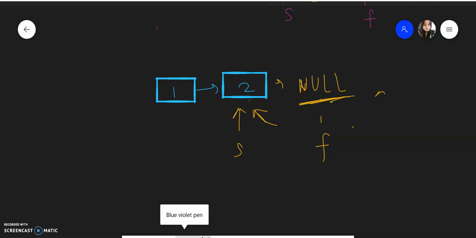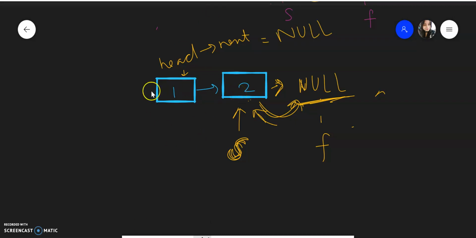So in this case, slow is what we wanted to delete. We will just check whether this next is becoming null, and in that case we can simply handle it. Whenever this case happens, that means we have only two nodes. So head was here, and we can simply do head.next equal to null and return head. This is the only case which is a boundary condition. Rest everything will be covered by the general case. So let's quickly go to the code and see how it is done.